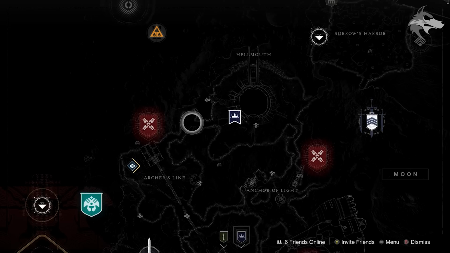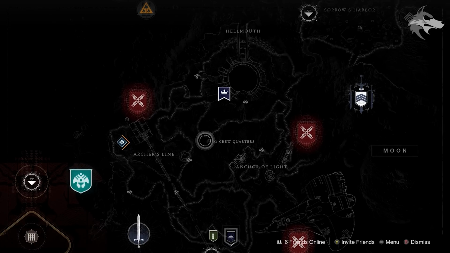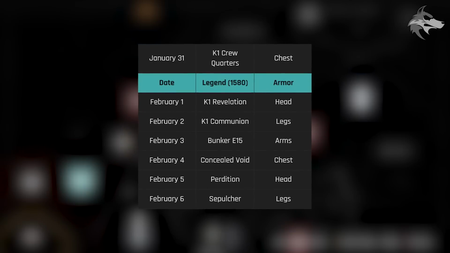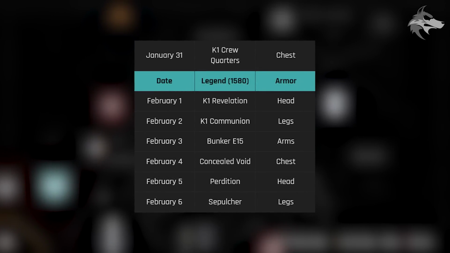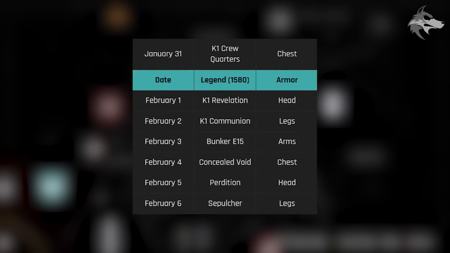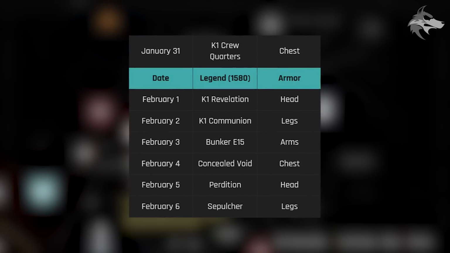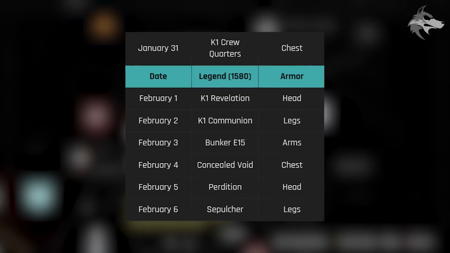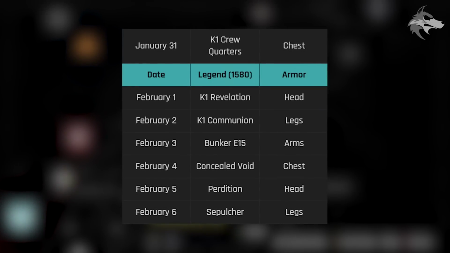But getting onto the featured Lost Sectors for the week, for January 31st, Tuesday's reset, we'll see K1 Crew Quarters dropping exotic chest pieces. And then through the week, we've got K1 Revelation on February 1st, dropping exotic helmets. February 2nd, we'll see K1 Communion dropping exotic legs, and then we'll get Bunker E15 on February 3rd dropping exotic gauntlets, followed by Concealed Void on February the 4th dropping exotic chest pieces. Then on February 5th, we get Perdition dropping exotic helmets, and finally, for February 6th, we'll see Sepulture dropping exotic